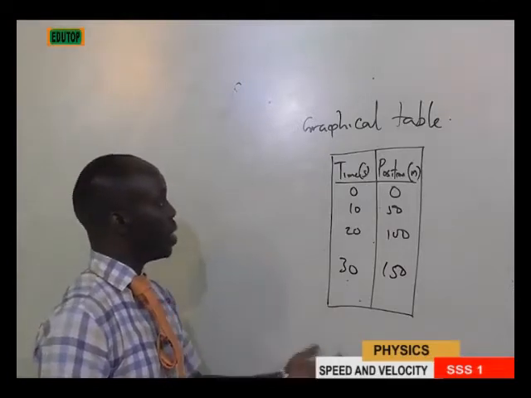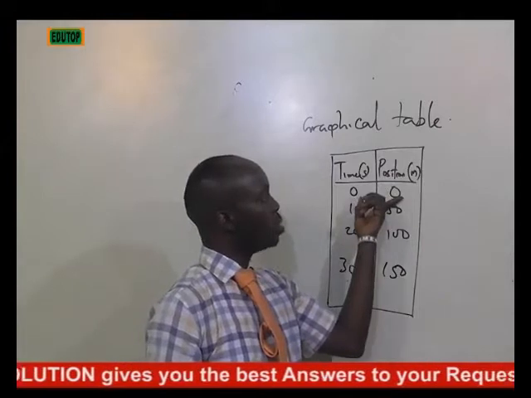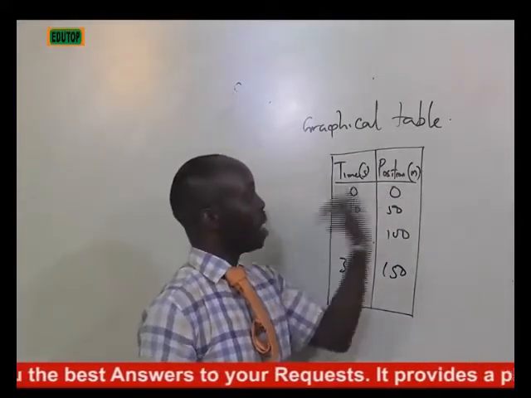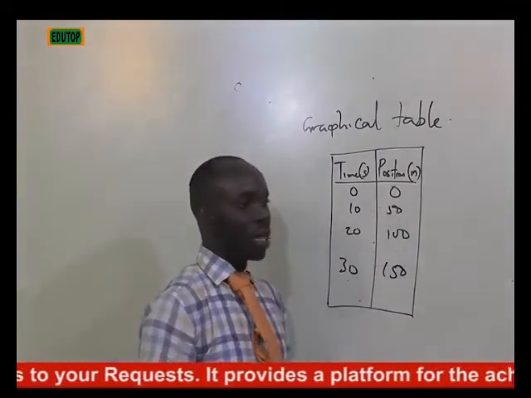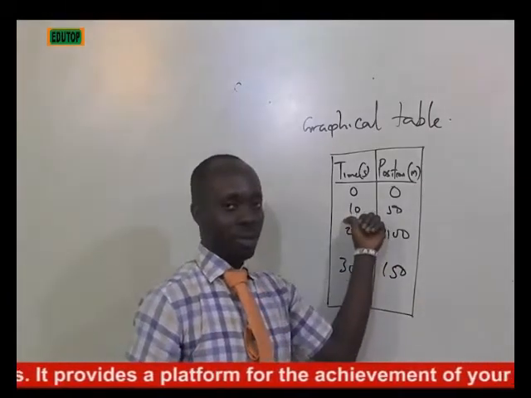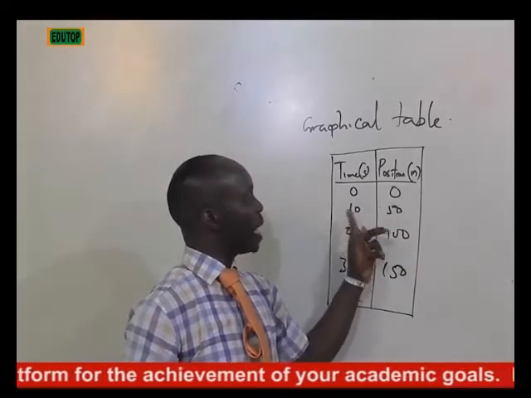This is very simple. It's telling you that when the particle is at position 0, it has spent 0 seconds. When the particle moves to position 50, that's 50 meters. The time it takes to move from 0 meters to 50 meters is 10 seconds. Now, from 50 meters to 100 meters, it will spend an additional